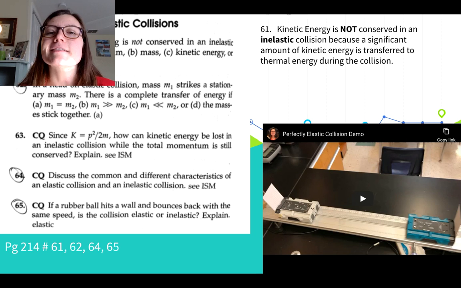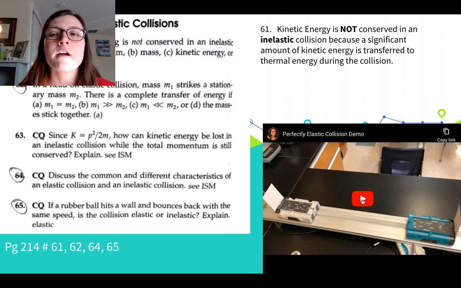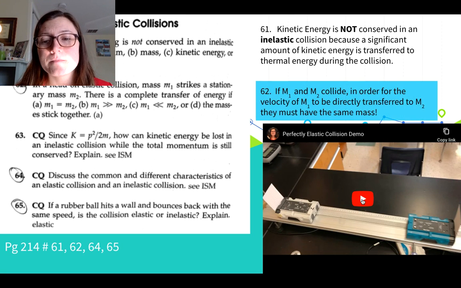If you think about your lab, right? So actually I have this quick video down here on the screen. I'm going to click play. So the carts are roughly the same mass. They're not exactly the same mass, but roughly the same mass. So 0.271 kilograms and 0.268 kilograms. So they're basically the same mass. When they collide,